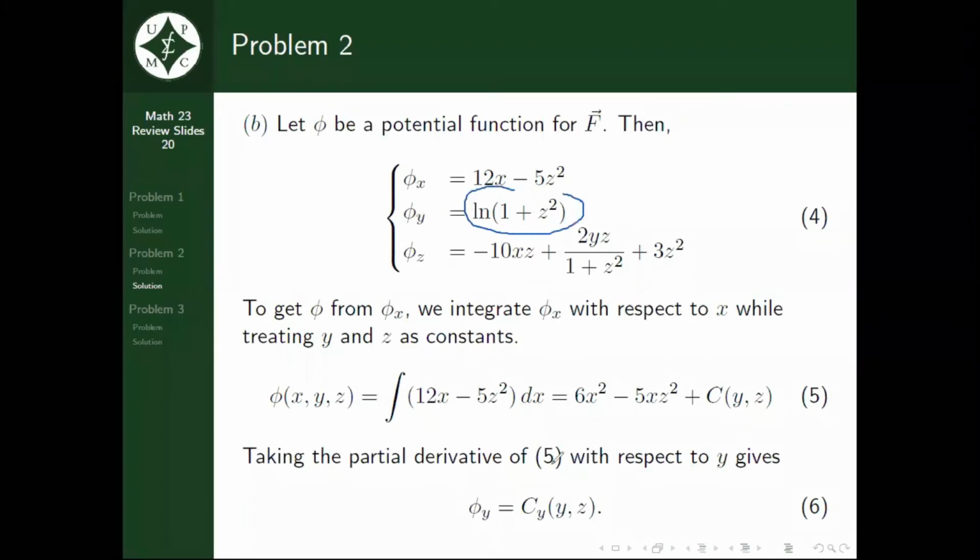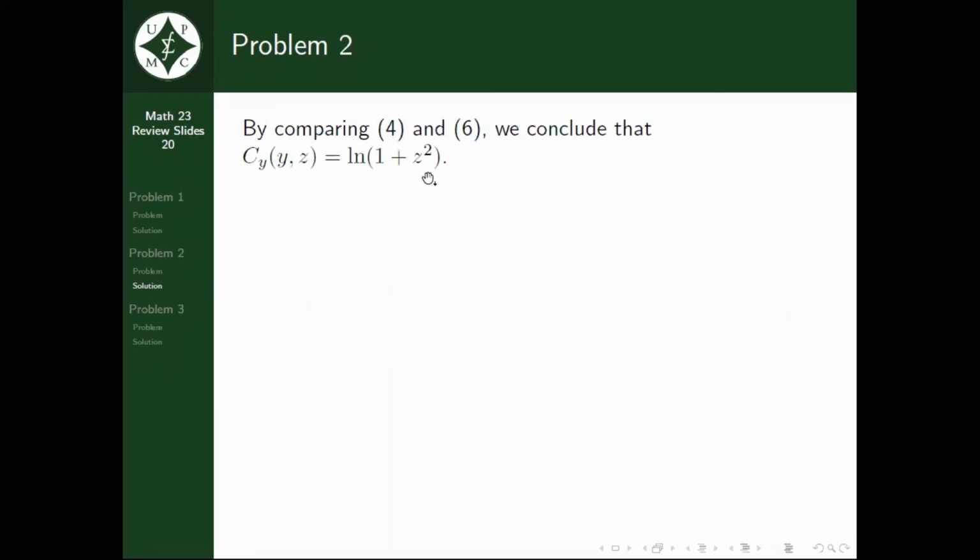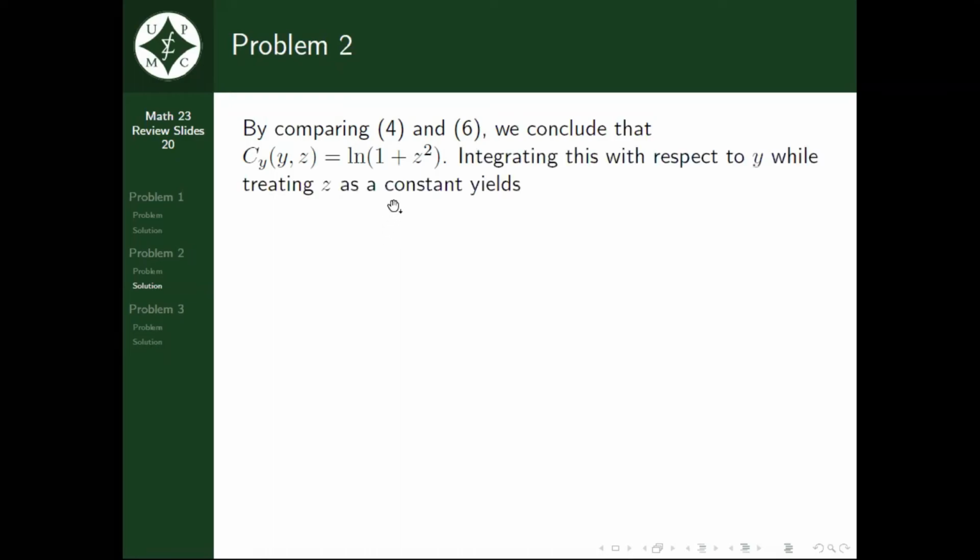So, loners naman sila pareho, nag-iisang terms, only one term. So, that means C of yz is equal to the natural logarithm function there. And then we integrate, and let's undo the process, do the reverse process. So, integrate with respect to y, this will yield this expression here. Okay, again, function of z,